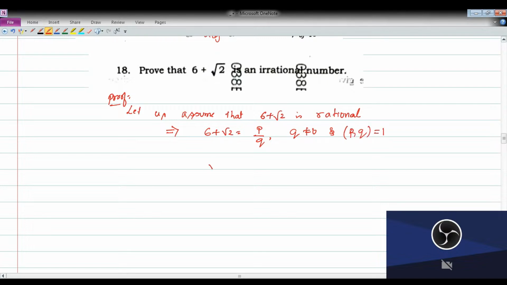So now root 2 is equal to p by q minus 6. Take the LCM. So q is the LCM. Whenever we take q as LCM, you will get p minus 6q over q. So p minus 6q, what does it become? It becomes an integer divided by integer. So root 2 is equal to a rational number. Integer by integer becomes a rational number, and this contradicts that